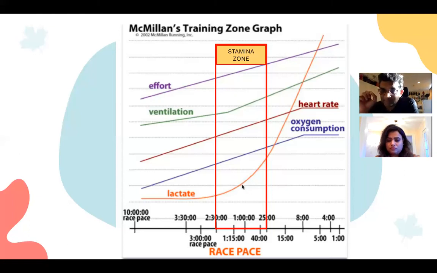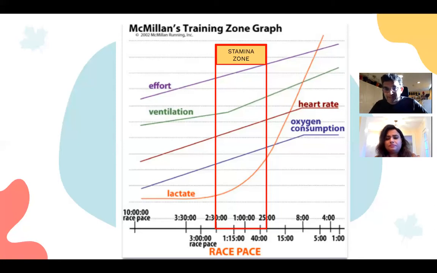What does this mean? It means that you are able to run faster before lactate threshold is reached. That's what it means, right? Because you are pushing this curve to the right. That means the onset of lactate threshold is at a much faster pace. Before it was coming at 1 hour 15 minute race pace. Right. Now it is coming at only 45 minute race pace. That means I can run much faster without reaching the lactate threshold. That's what it really means.